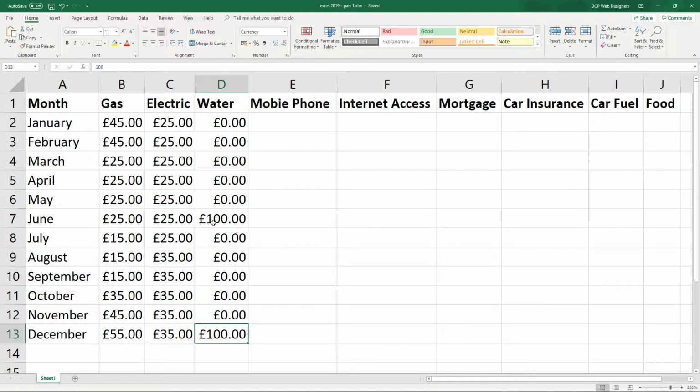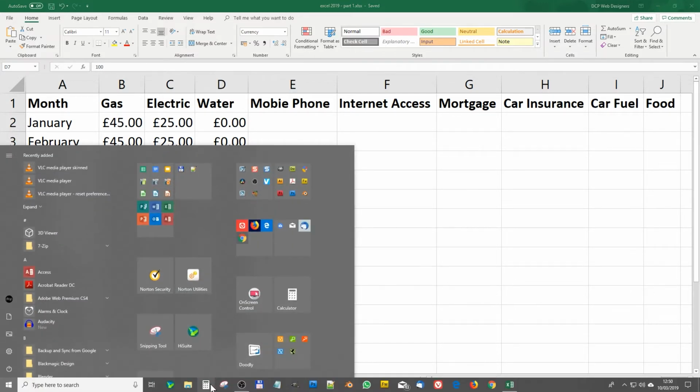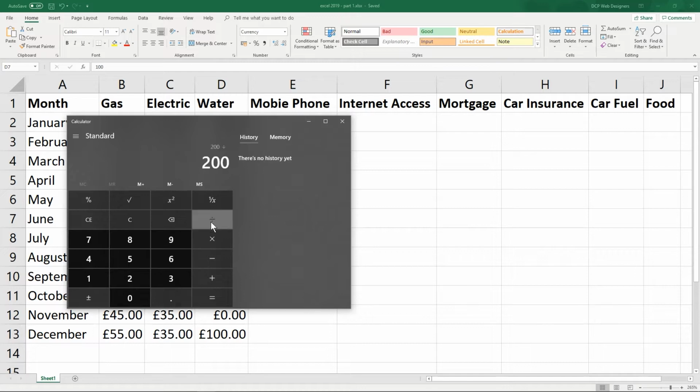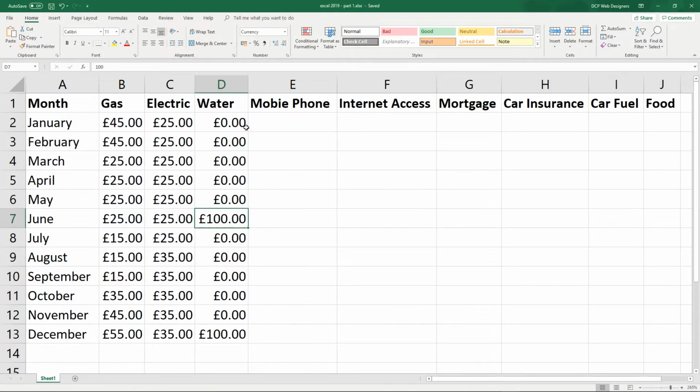You could, in theory, take your £100 and split it between the 6 months, right? And put in the monthly value, and then that would equal £100, but you just take the 100 and divide it by 6. You could do it that way. Maybe that's a smart move for us. Let's say our total water bill was £200 a year. So if we get our calculator and do 200 divided by 12, we can see that would be £16.66 a month. So if we put in